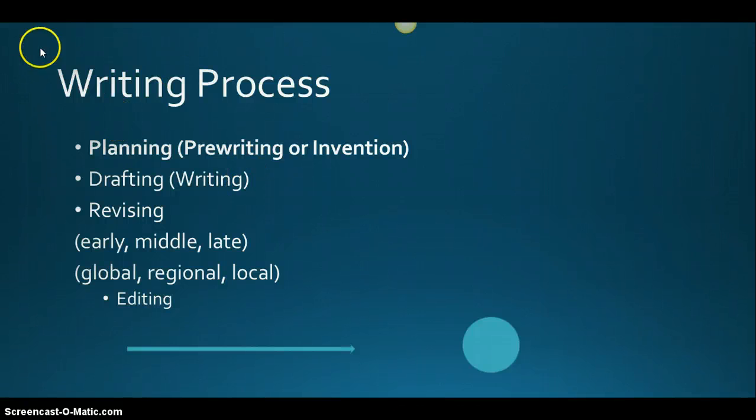A lot of times if they are people who have kind of writer's block, planning, or pre-writing, or invention is a really good thing to do first before you do drafting, because usually then when you go to the drafting process, you're a lot more effective. So again, these are not all things that you have to do each one of them, and also you don't have to do all of them in this order, but usually you're more successful if you do at least a little part of these, especially depending on if you have trouble coming up with ideas or if you have trouble getting things down.